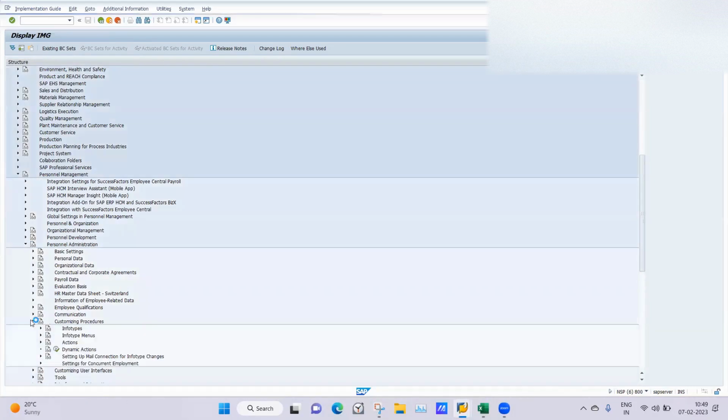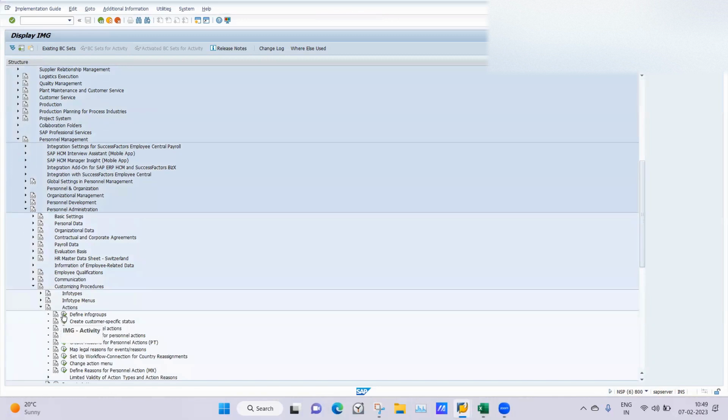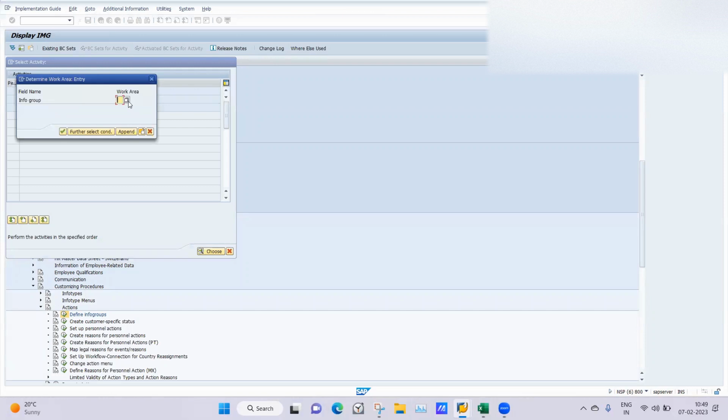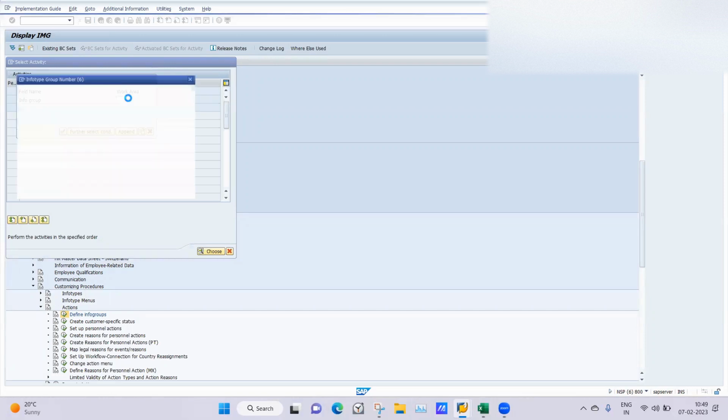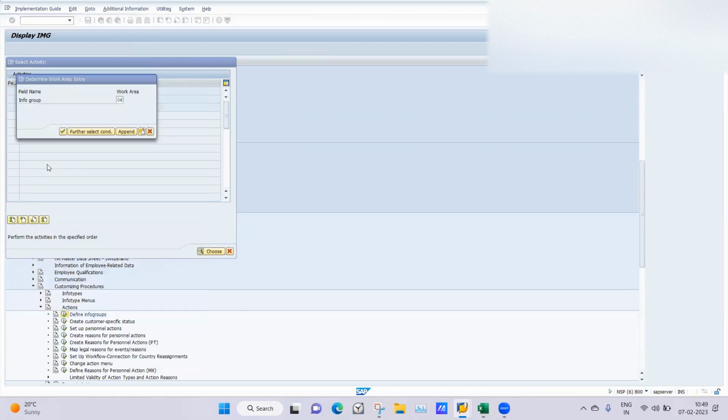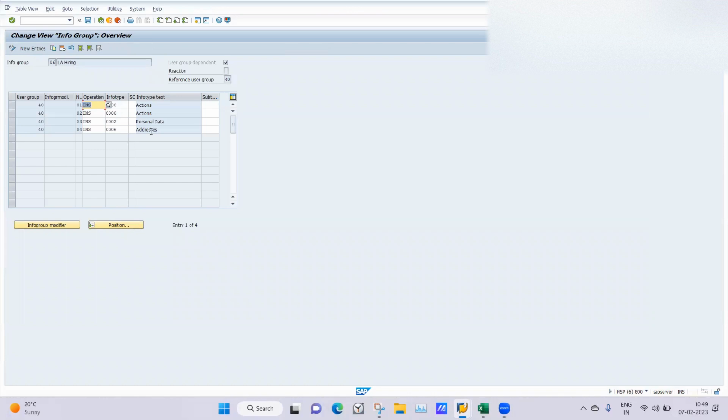Here it is. Actions, define procedure. I think this one is early hiring 06. Okay, so using this path, we can